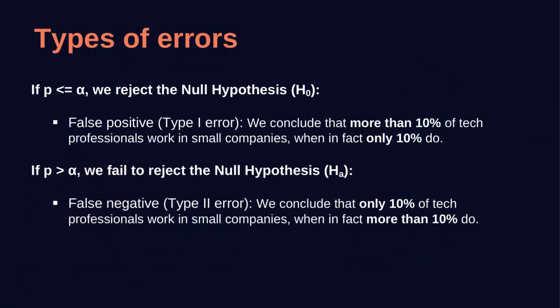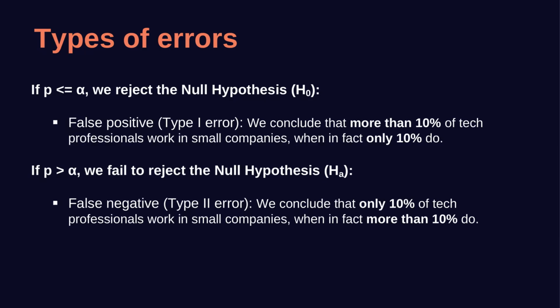In the case of tech professionals employed in small companies, if our p-value is less than or equal to the significance level and we reject the null hypothesis, there is a chance we made a type 1 error or a false positive. That means we might have concluded that more than 10% of tech professionals work in small companies, when in reality only 10% do. On the other hand, if p-value is greater than the significance level and we fail to reject the null hypothesis, we might have made a type 2 error or a false negative. That means we might have concluded that only 10% of the tech professionals work in small companies, when in fact